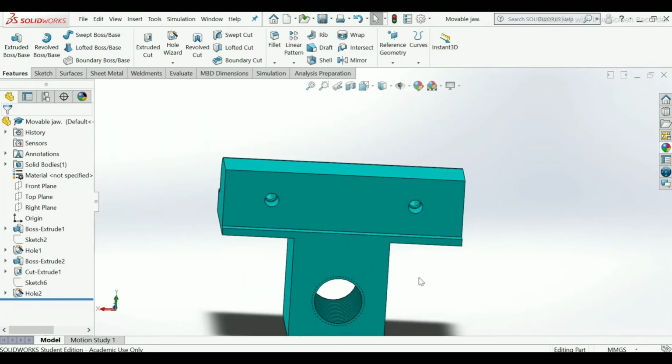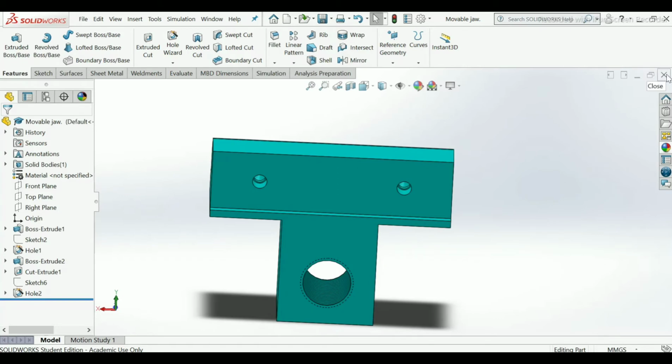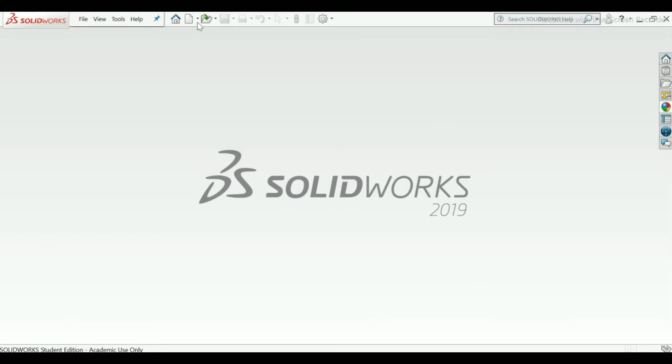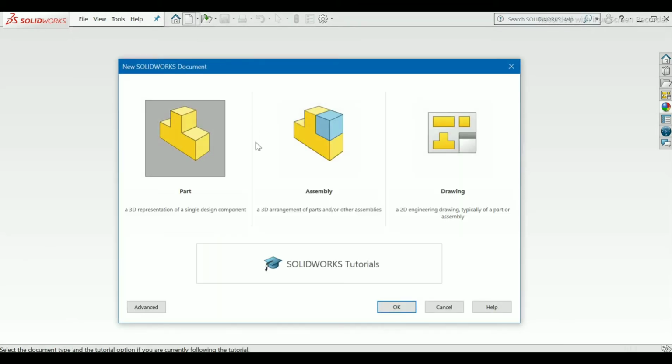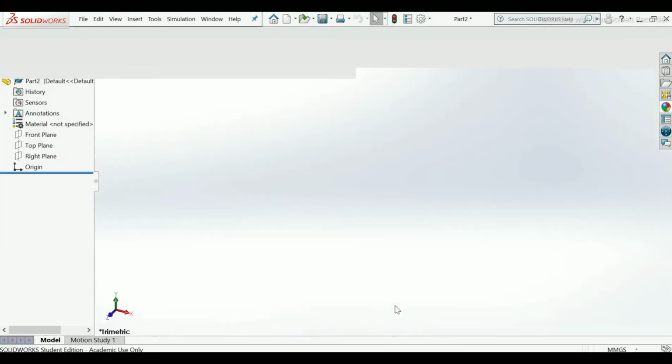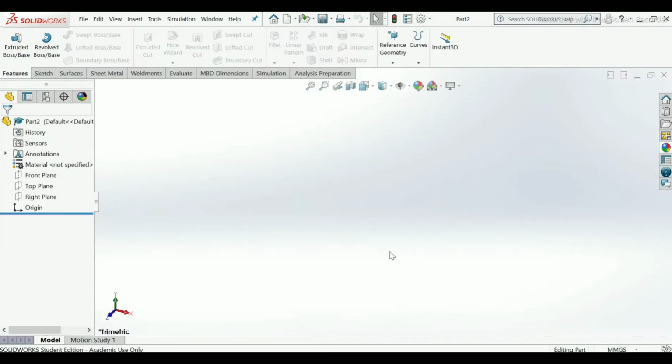Now we will go to the next component that I will make, new part, okay. So our next component will be the handle cap.